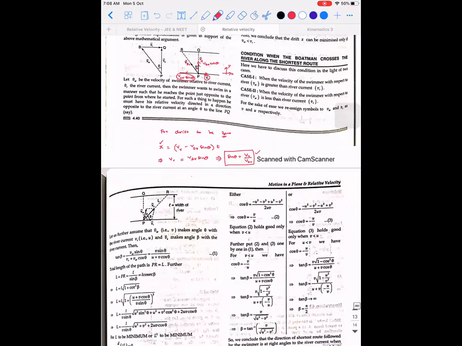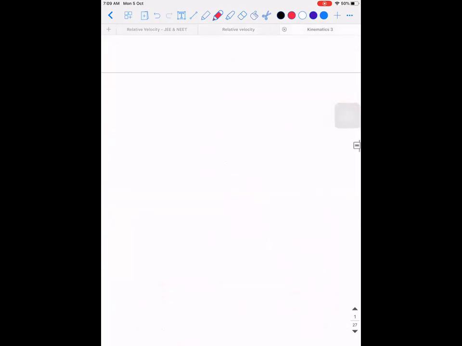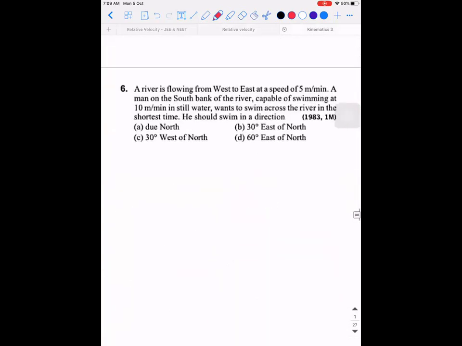So the next topic is aeroplane and wind-based problem. That is also a similar concept. And the last one is man and umbrella problem. That is also a similar concept. So if you have the basic understanding of vectors, we will be able to solve all these problems. So what I will do is I will start solving the problems. In that, I'll tell you how to think and how to approach.